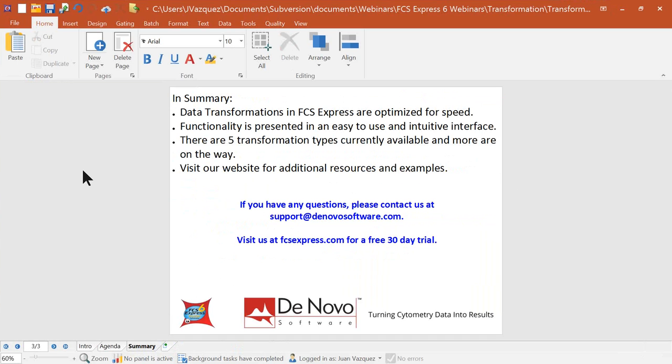And we can simply apply it to a plot through a drag and drop process, and then just click on the X or Y axis in that plot to choose those new transform parameters. We have 5 transformation types that are currently available, as we discussed, and we are hoping to implement more in the near future. So if you do want more information about these transformations, we have many different resources and examples